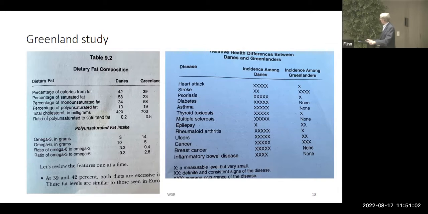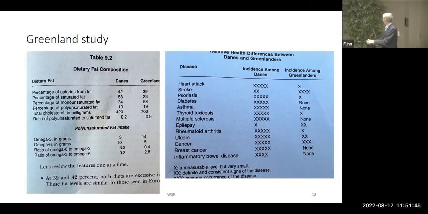And look what they found when they did public health studies of disease. Now, this was in the 80s, so I'm sure that things will have changed by now, because I'm sure the societies have changed and research techniques have changed, but it was still quite remarkable at the time. Heart attack was 5 times more prevalent among the Danes. Stroke, however, was higher among the Greenlanders, and we still don't quite understand that. But all of this is also true about the American Eskimo in the 80s. Since then, the Eskimos have started smoking and started having other kinds of things which impact us.